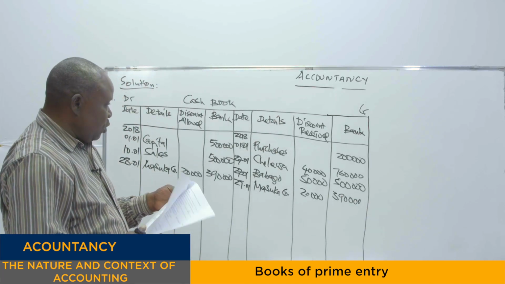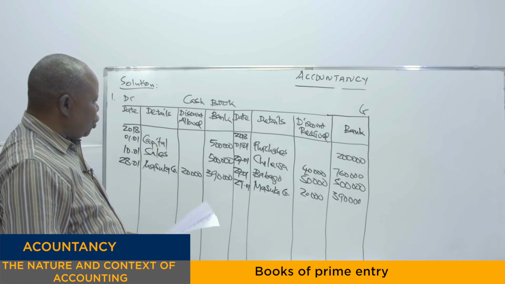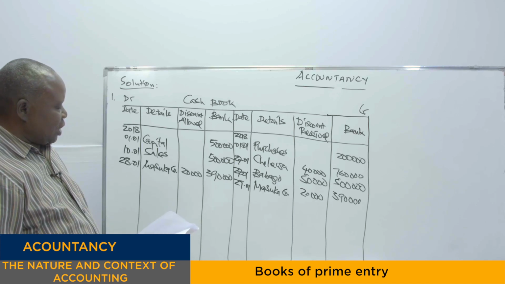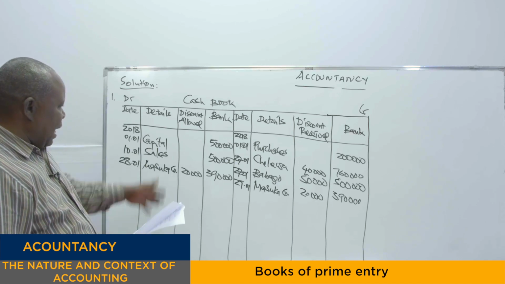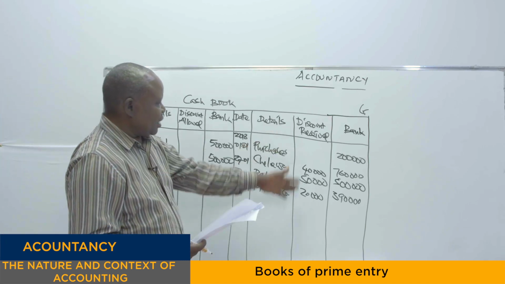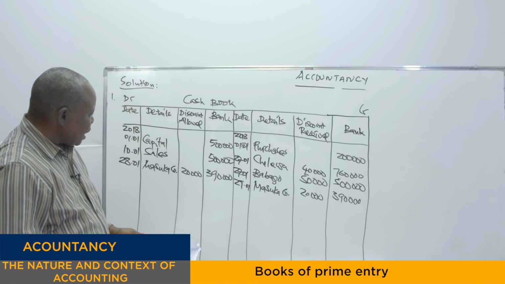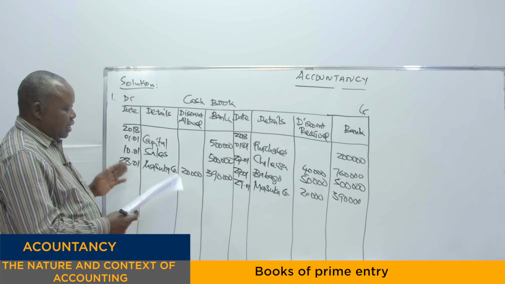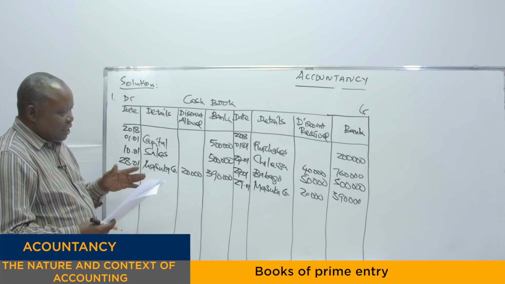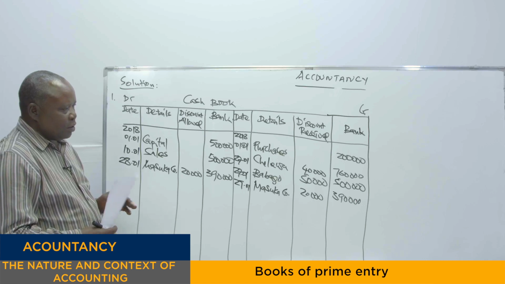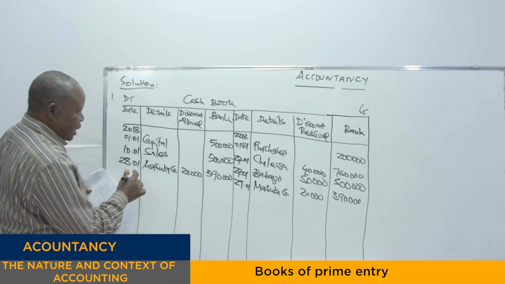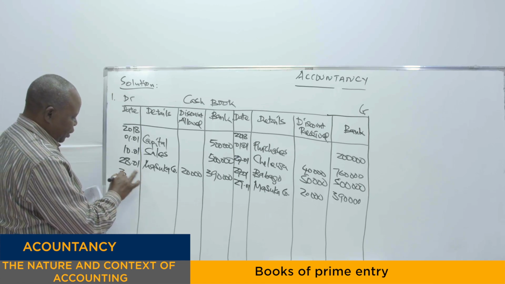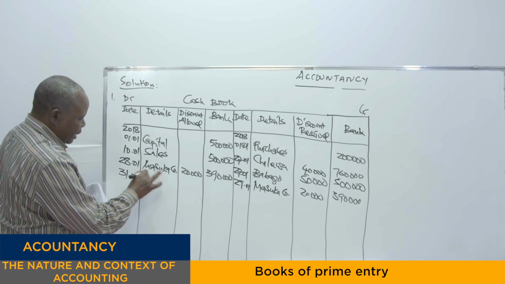Okay, so we are through with the cash bank transactions. Now we are supposed to calculate the difference to be a balance carried down. Now if you add, of course this side is bigger than this side. So our balance carried down now will be on this side, and that is the overdraft. So we write here, this is January, we have 31 days. So we write here 31 of January, balance